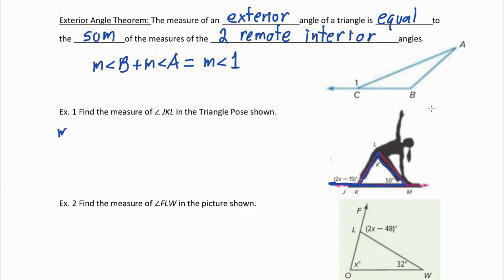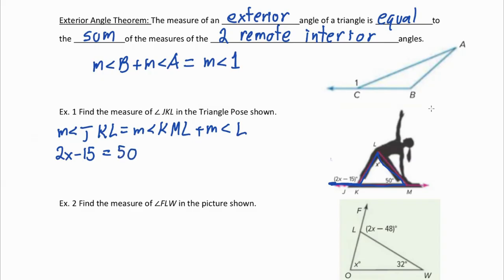So that means that the measure of angle JKL, that exterior angle, is going to be equal to the measure of angle KML plus the measure of angle L. Again, I can name L with just an L because there's only one angle happening here, whereas over here we have this angle and then we have this angle. So we have to be kind of careful with our naming there. And then we substitute in. So angle JKL is 2x minus 15. And then that's going to equal